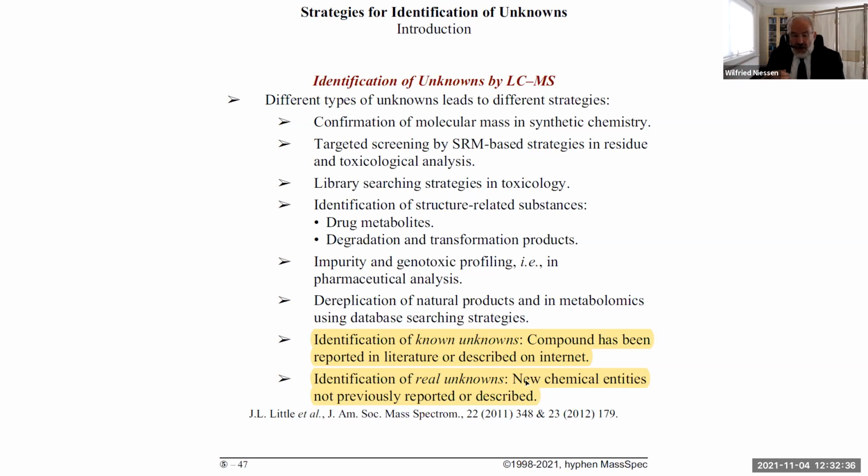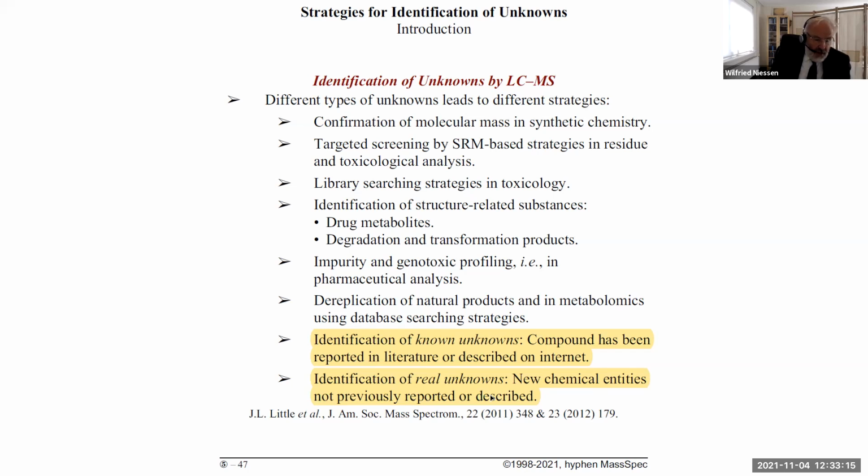Unfortunately, if something is a real unknown, it will be difficult to convince yourself and other people that you have identified the compound. I know lots of instrument manufacturers don't like my statement because they believe that they can do it. I say, in most cases, I can have different possible structures and I cannot even